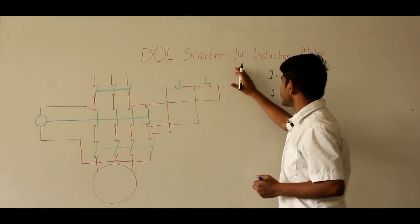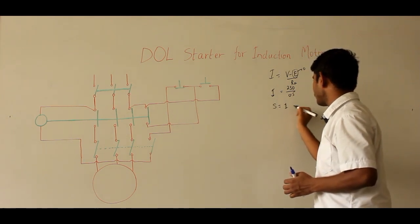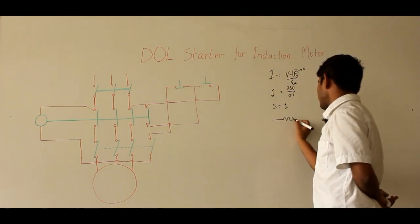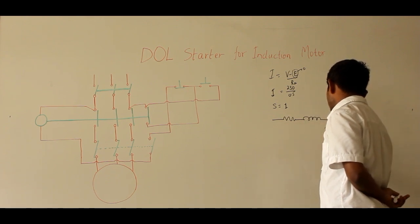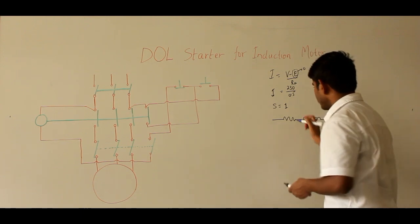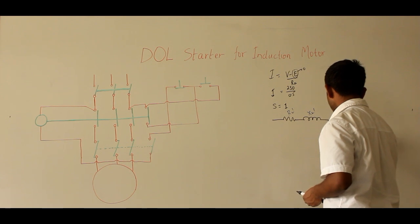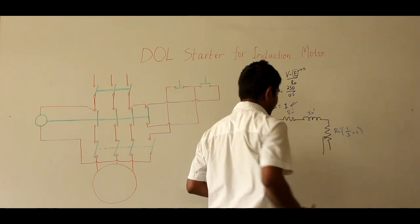Now in the 3-phase induction motor, at the time of starting your slip S is equal to 1. We are fine with it. So if you see the rotor equivalent circuit referred to the stator, you are having a resistor here, a reactance here, and a mechanical load here. Okay, now this is your R2 prime, this is X2 prime, and this is R2 prime into 1 upon S minus 1. So 1 upon S minus 1, and your S is equal to 1 at the time of starting,